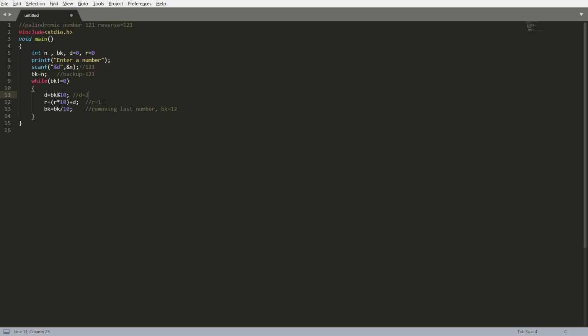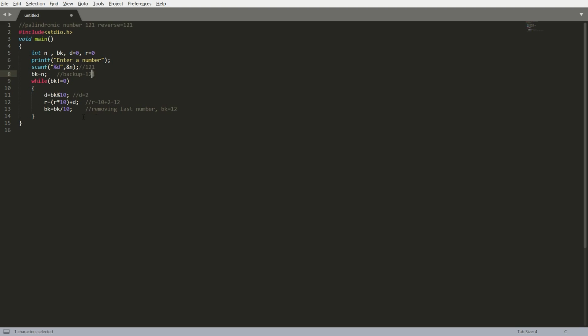What we did before was take out the last number of 121 and add it to r, the first digit of the reversed number, and now we have taken 2 and added it to the second digit of the reversing number. Then again bk is equal to bk slash 10, which will remove 2,